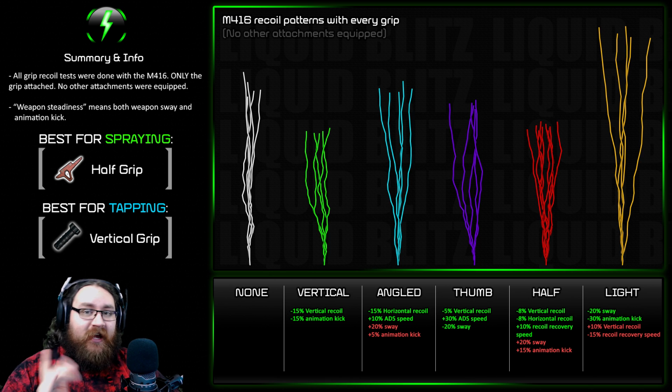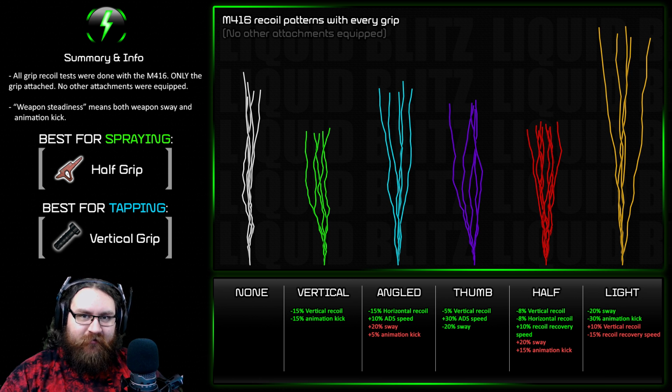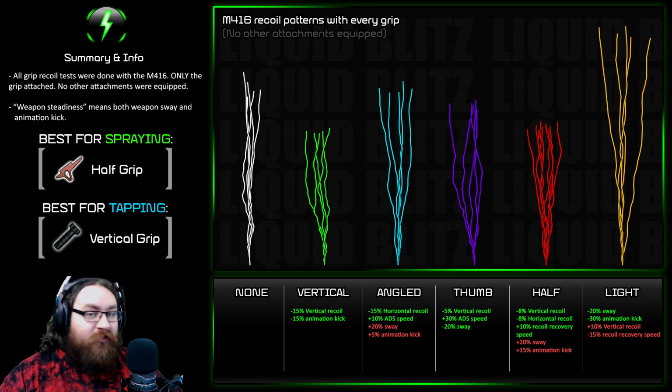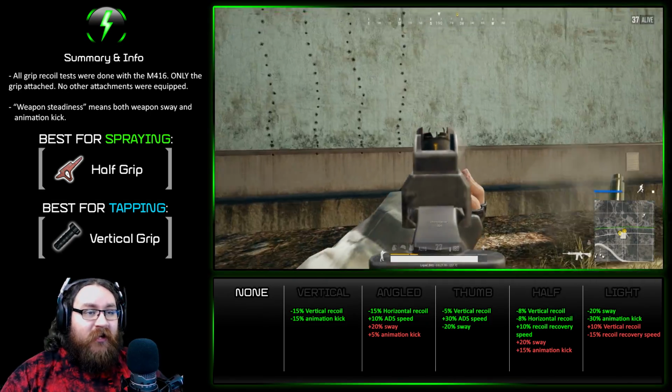Anyway, for these tests, I've used the M416 with no other attachments equipped. That was important because I wanted to see the pure, unaltered effects of the grips specifically. Now, as is my style, all the info is already on screen if you simply want the juicy info without listening to me. That being said, let's run through all the recoil tests while we go through what the grips actually do. Now, first things first, we're starting with no grip attached at all, just so we have a